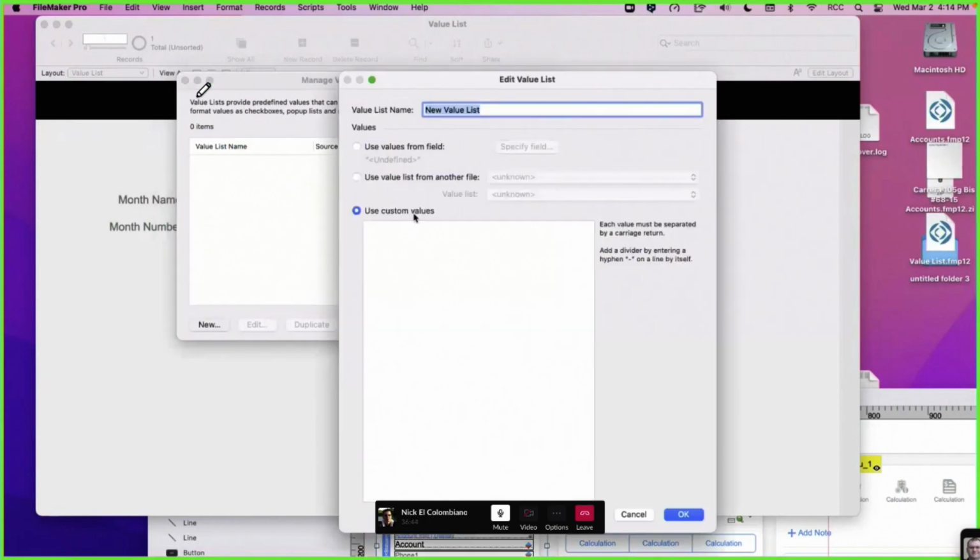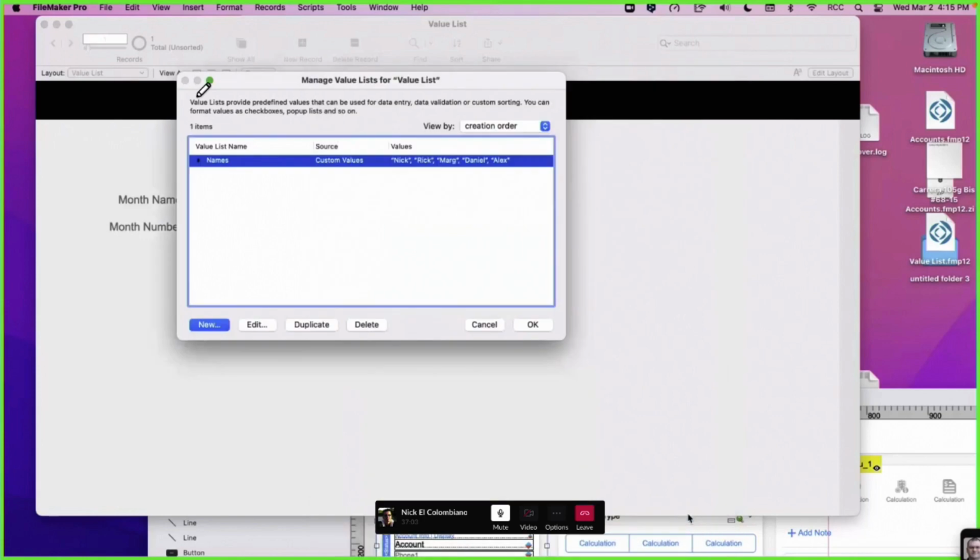So what is a value list? You can have names like this, what we call a custom value list: Nick, Rick, Marge, and who else? Danielle, Alex. Okay.